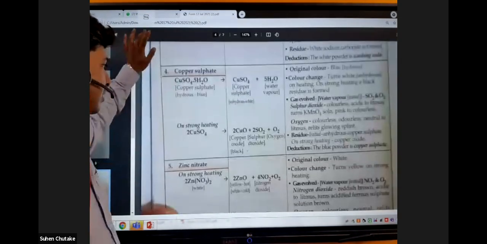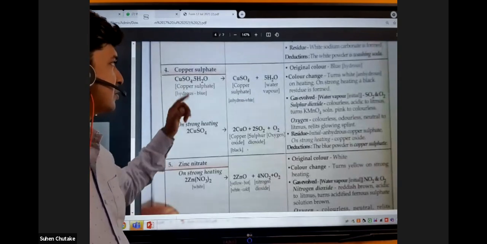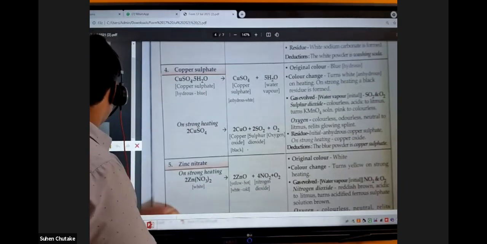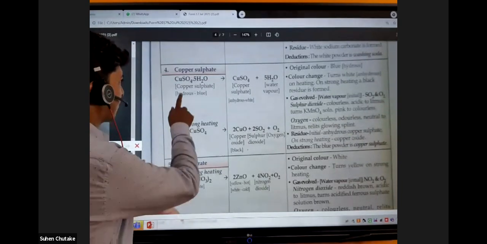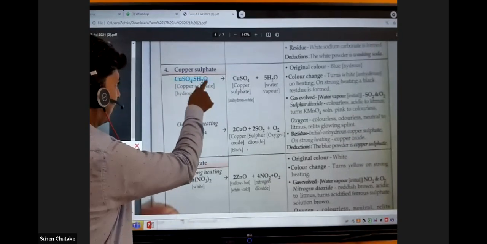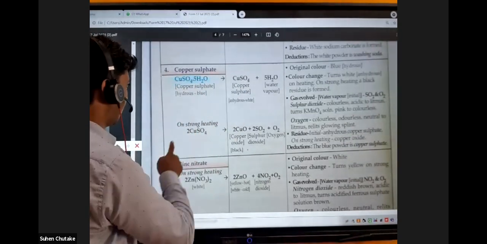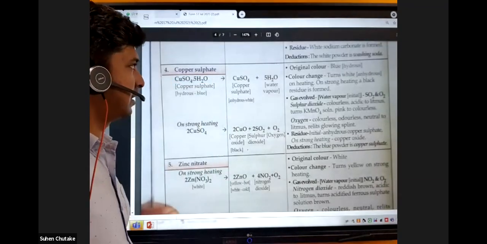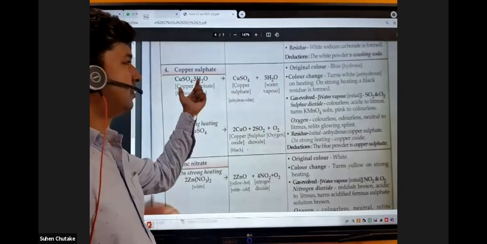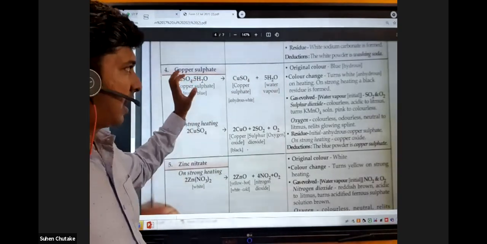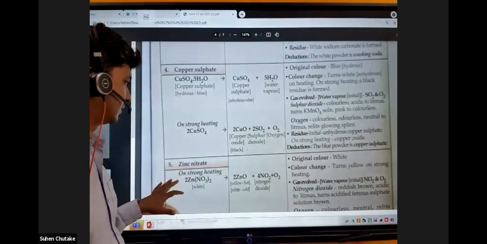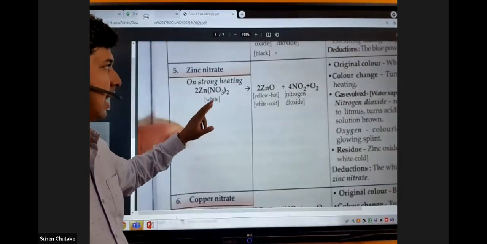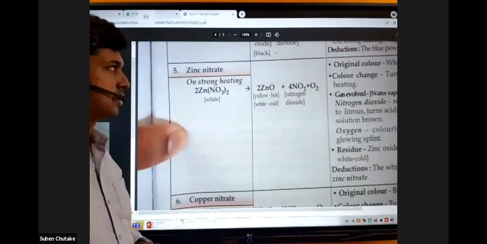Then copper sulfate dot 5H2O. This will be blue in color. And this blue colored thing is going to turn colorless or white. When is it going to turn white? After heating, after all the water is lost. See, the blue color is because of the water with it. After the water is lost, it will become what? Colorless. Then zinc nitrate is white again, and after heating it will convert into zinc oxide, which is yellow